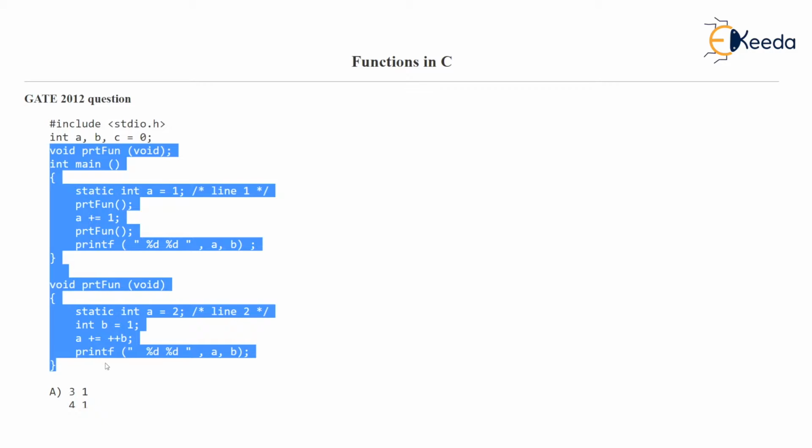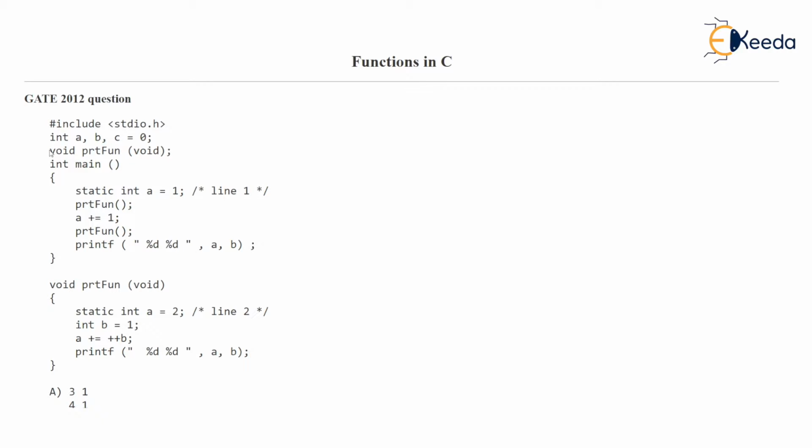Okay. Then there is a declaration of a function here. See, this is a function declaration. Recall the video on function declaration and function definition. ptr_fun is a function which will not return any value because it is void, and it will not receive any value either. It does not have any parameter. Note that this word void is optional actually, and you can leave these brackets empty. But writing void increases readability, stating that the ptr_fun function is not going to accept any parameter in the bracket.